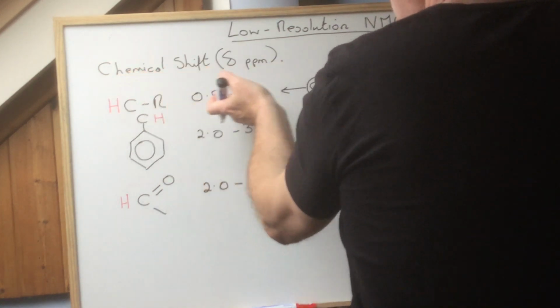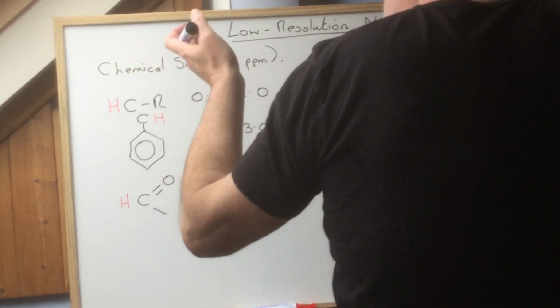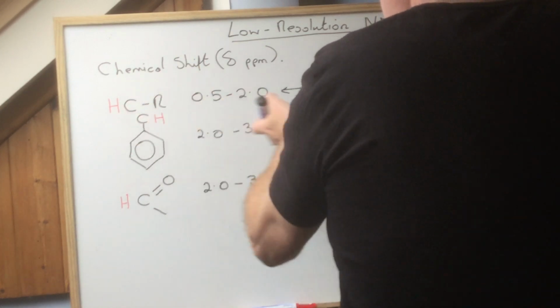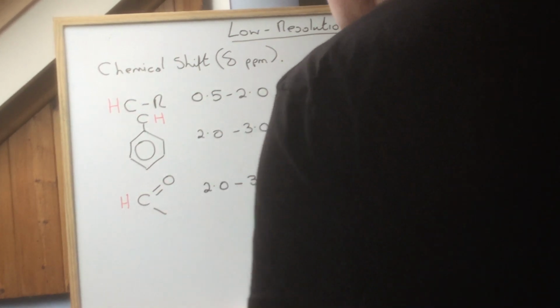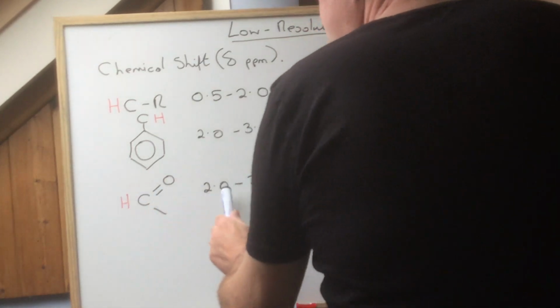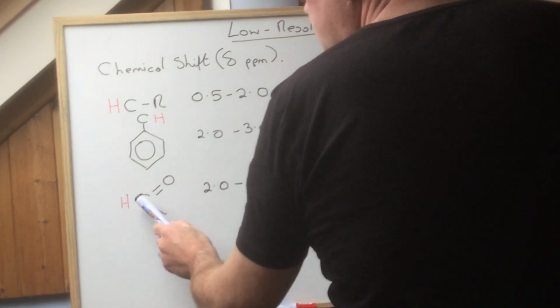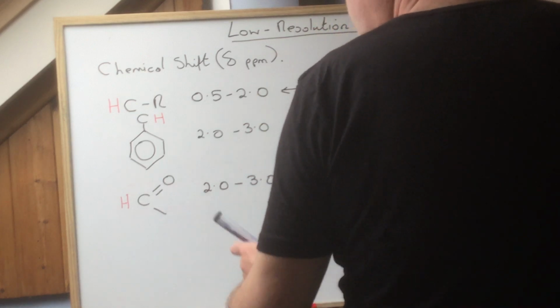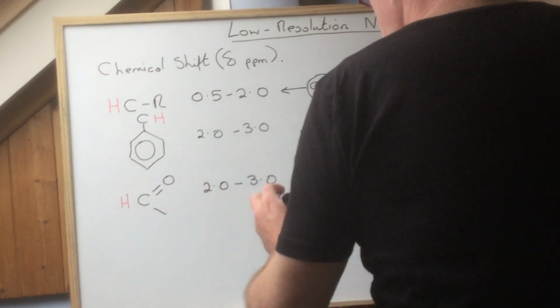I wouldn't worry about it, it's dead easy. But the splitting might be a problem for you. This one, fairly clear, okay? This one, again, quite clear. This is the chemical shift for protons attached to a carbon which is attached to a double bond oxygen. So,